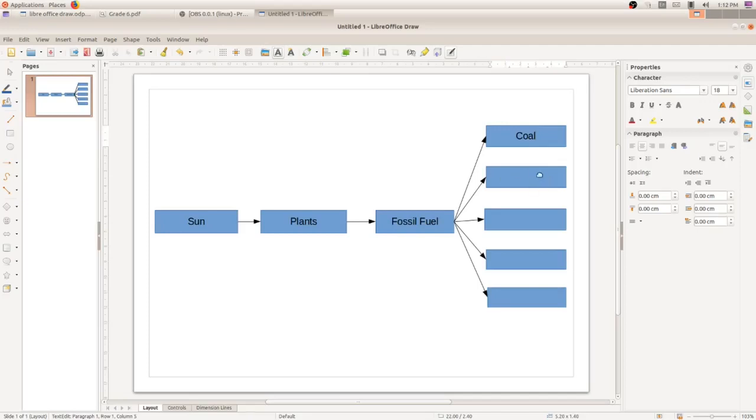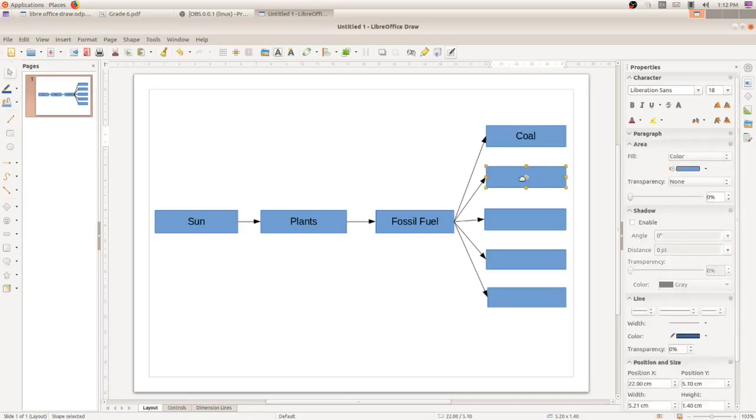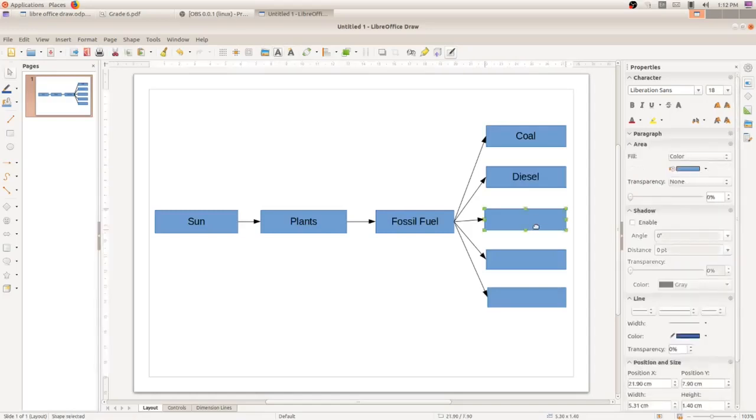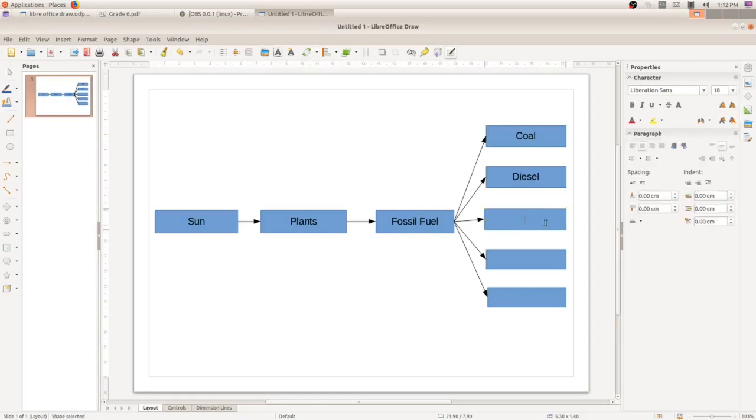This is a blank space in your textbook. You just fill out this blank space with diesel. Okay, here also a blank space in your textbook. Here you have to write petrol.